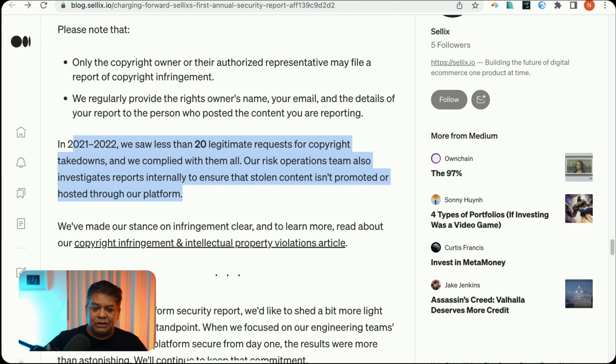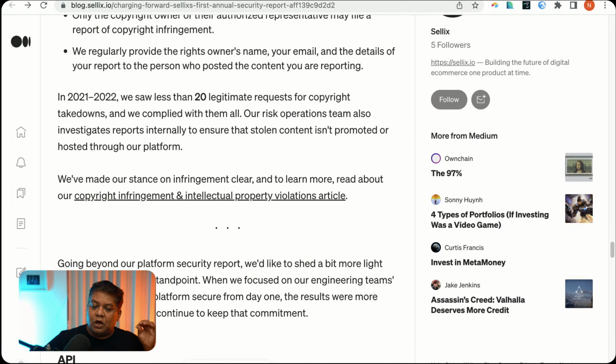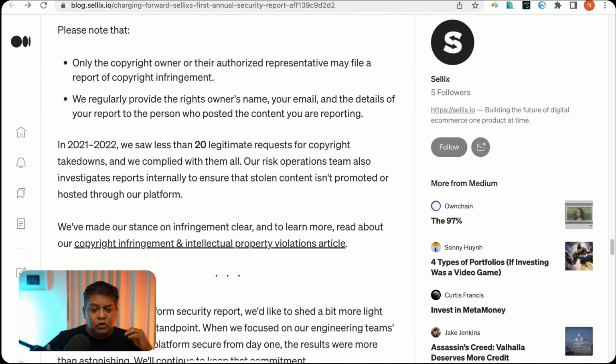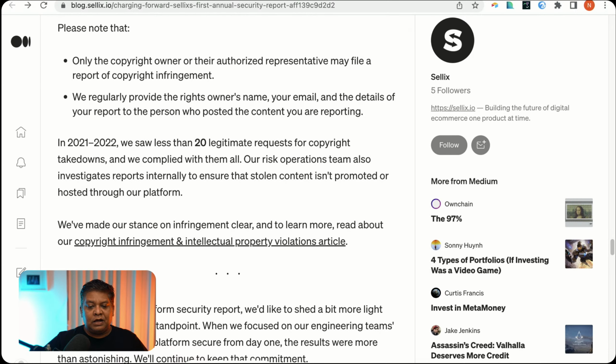Our risk operations team also investigates reports internally to ensure that stolen content isn't promoted or hosted through our platform. Okay, great. So they're saying on one hand, they have a risk operations team. It also investigates reports internally. That's a report if somebody has actually requested copyright takedowns.